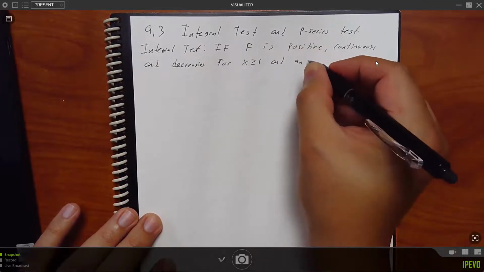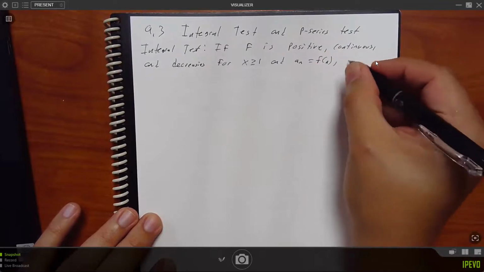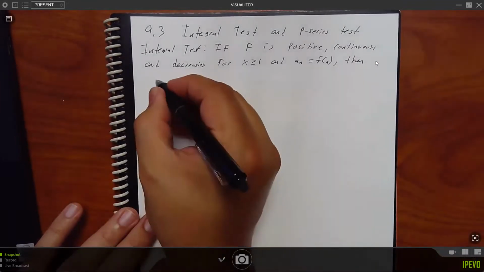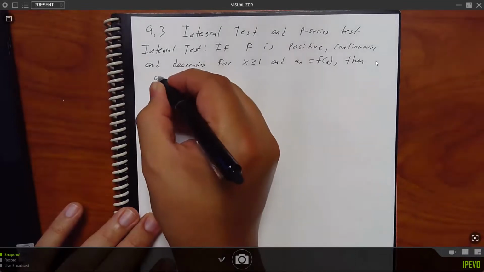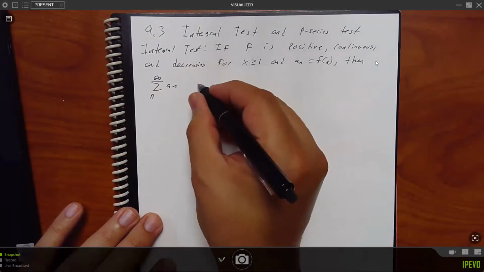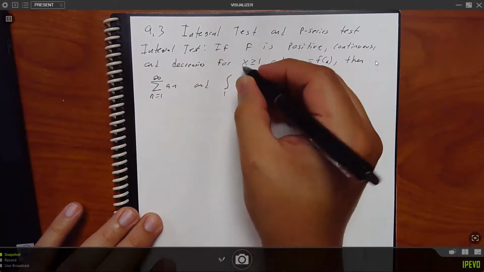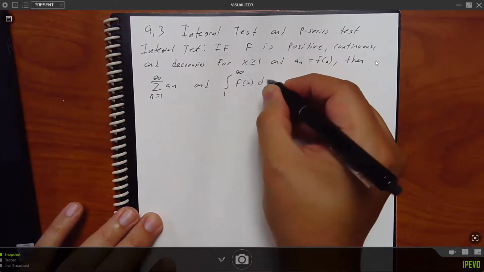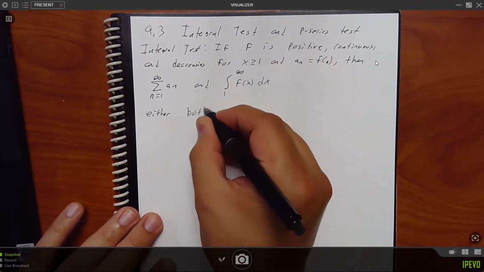And a sub n is a function of n, then the following is true. The series of a sub n and the integral from 1 to infinity of f of x dx either both converge